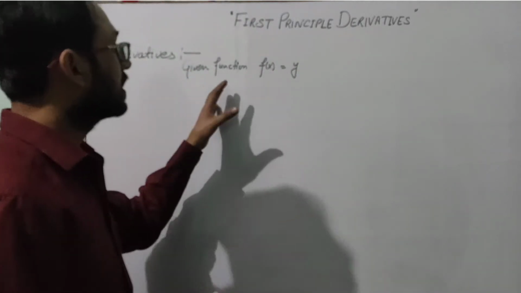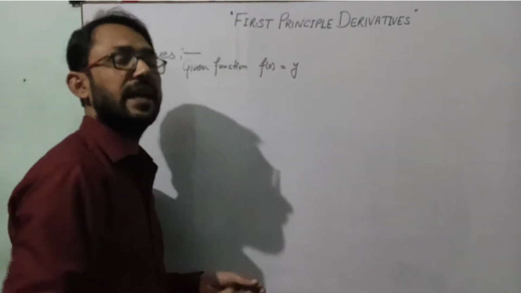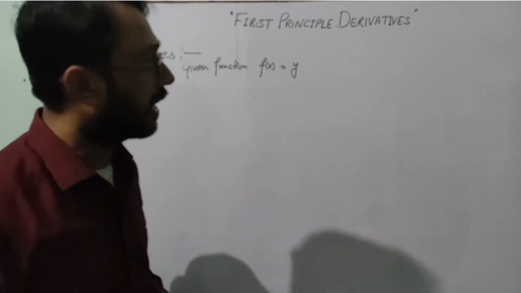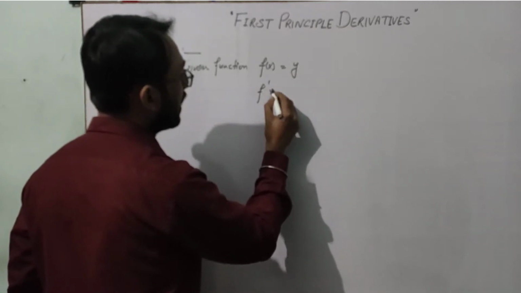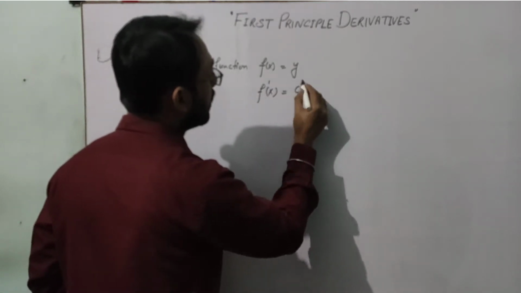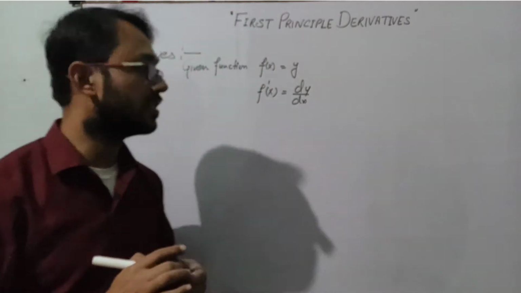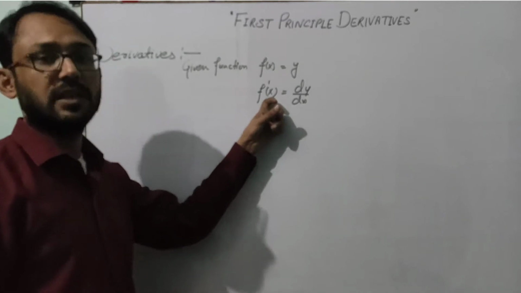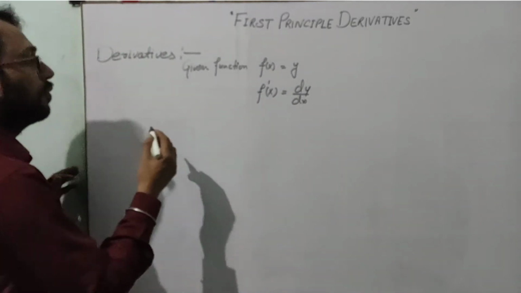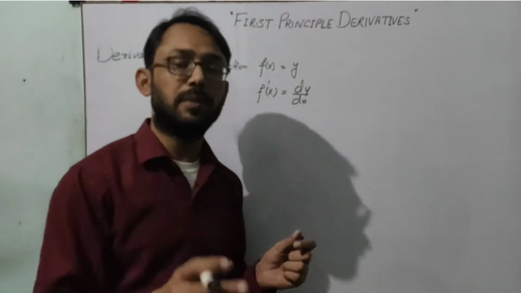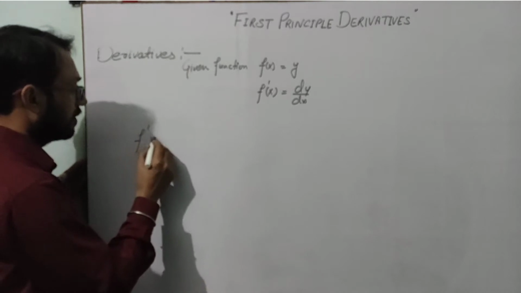So using first principle, we have been given a function f(x). f(x) can also be said as y. We are going to find its derivative. Its derivative can be represented with f'(x) or dy/dx. This is the differentiation symbol. Right now I will be using this f'(x) because we will be giving a function as f(x). So the formula using first principle will be, the formula for this will be, the first principle derivative f'(x)